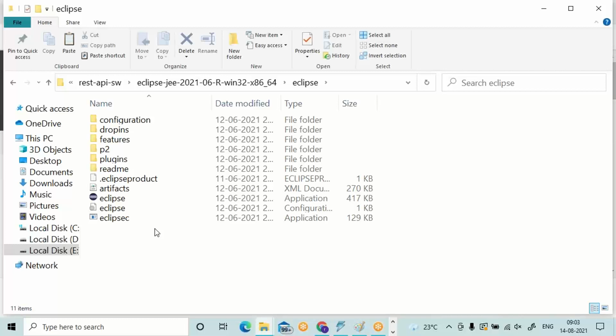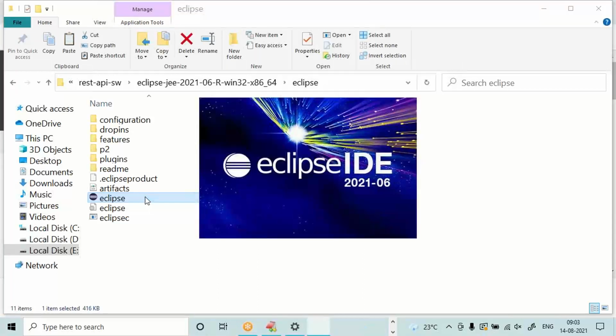Only for checking purpose, double click on this Eclipse, last third file. Eclipse will try to start.